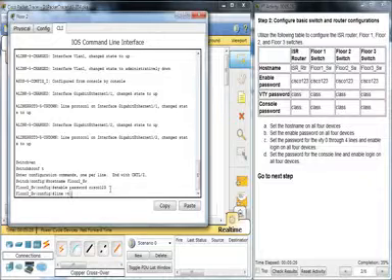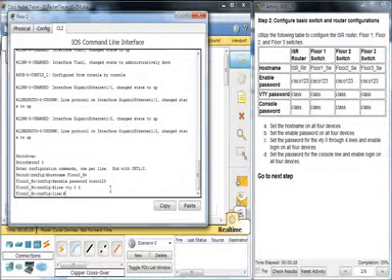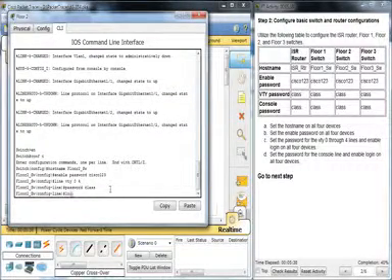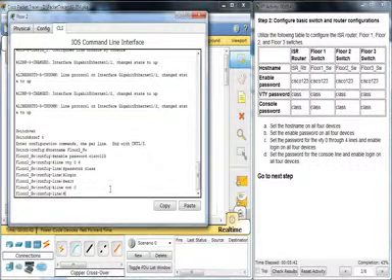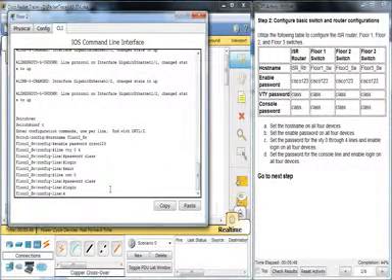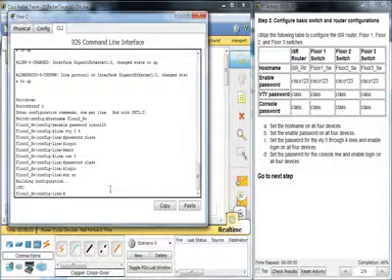Line VTY 0 4, configuring 5 lines of simultaneous telnet if need be. Password class, login, exit, line console 0, password class, login, save it, and